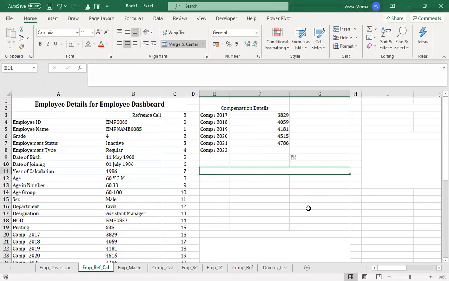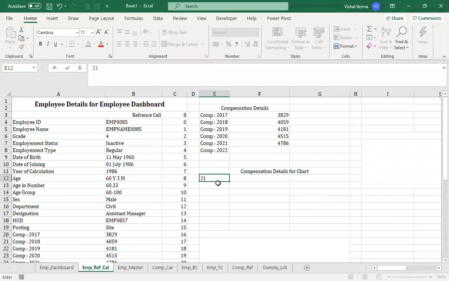Let's name it compensation details for chart. We have got 2017.